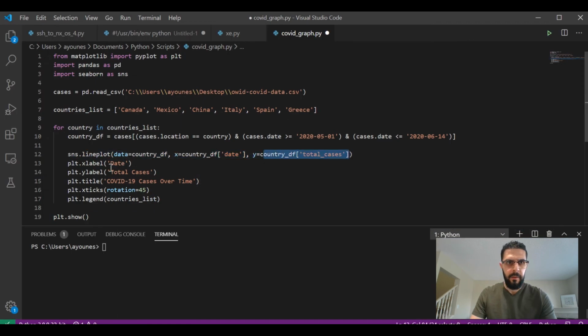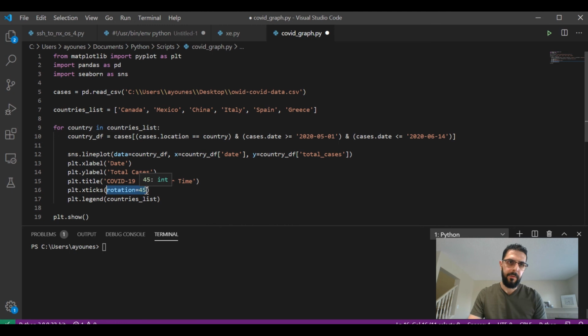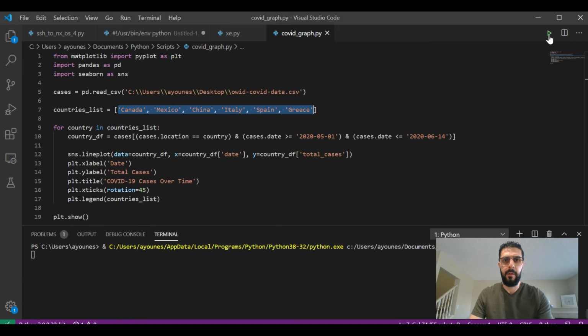And then I created a label for the x-axis, y-axis, and a title for the graph. I rotated the x ticks 45 degrees so I can read them easier. And then I created a legend for each graph by passing in the names of the countries, and plt.show will actually display the graph. I'm going to run this code,